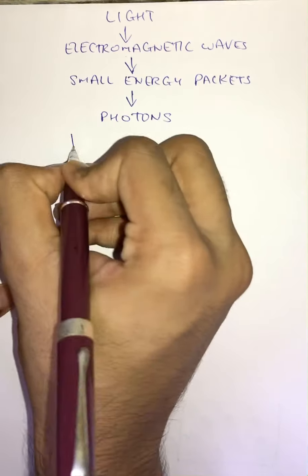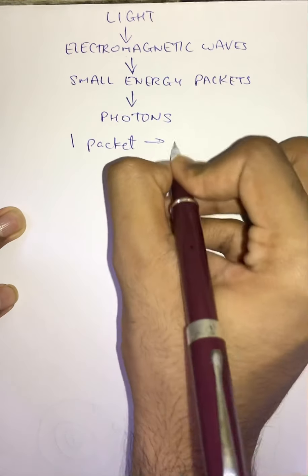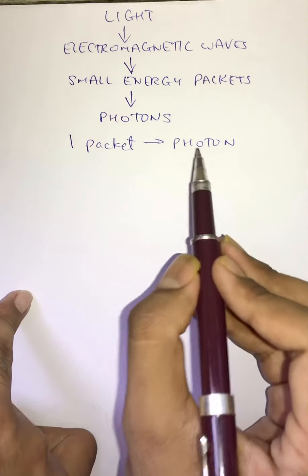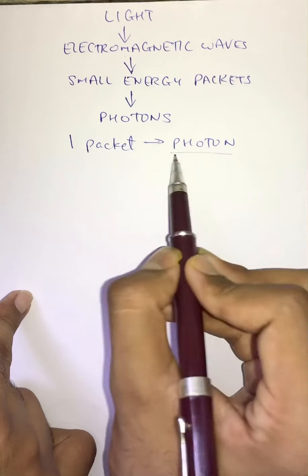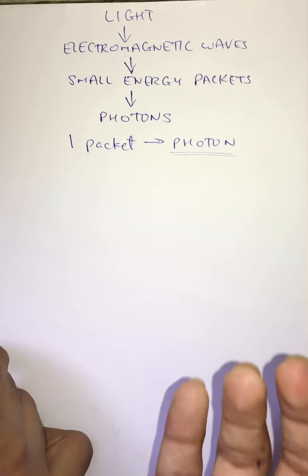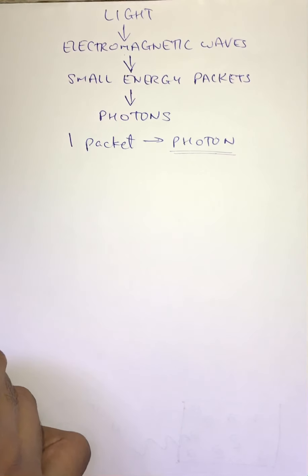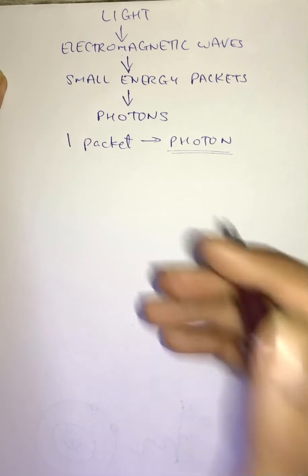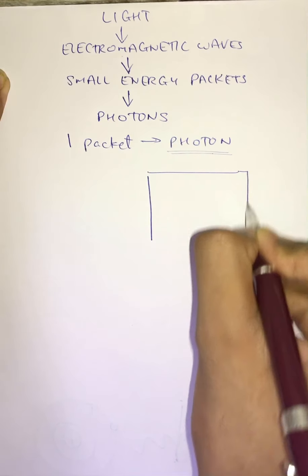But what is one packet called? One energy packet is known as a photon. Photons is nothing but the plural form of photon. You might think I am talking like to a small kid, but this is important for us. Photon is what is going to help us understand the photoelectric effect ahead. Now, in a photoelectric effect, we take a metal plate.